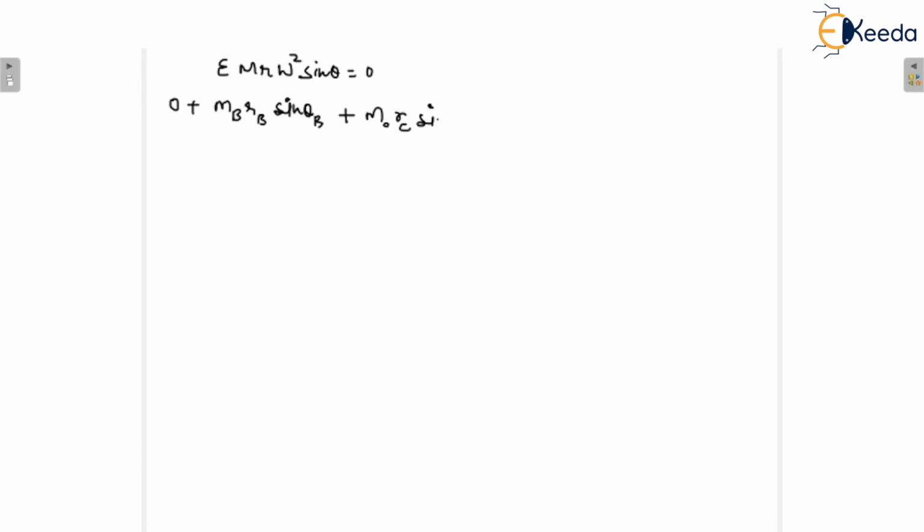as you are able to understand how to make the equations, you will be able to solve the questions, because in the GATE examinations they asked a question on this concept last year. You can see, so this is basically an important topic here. m_b r_b and m_c r_c are the same, so we can take it common, so you will get here sin theta b plus sin theta c. Okay, that is equal to 0, and you will get here sin theta b is equal to minus sin theta c. Okay, so this is the second equation.